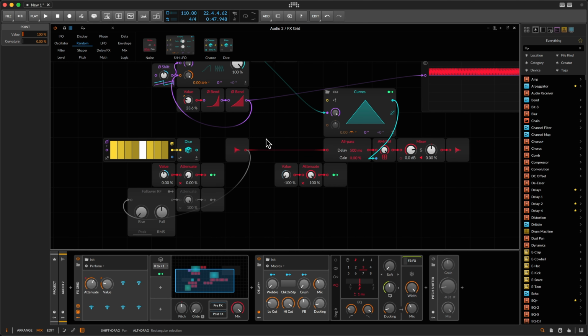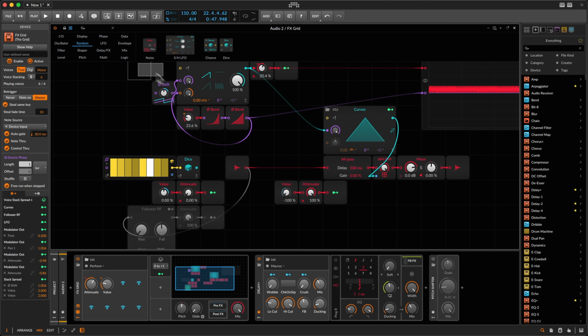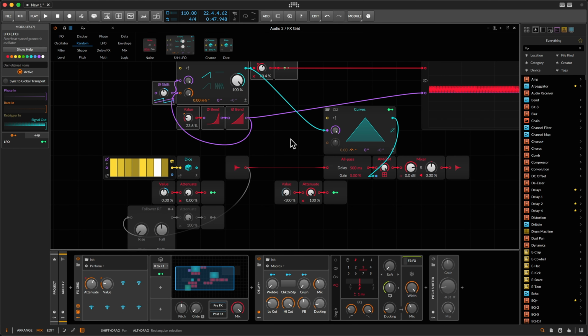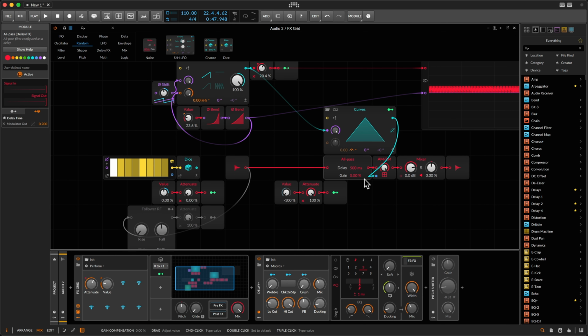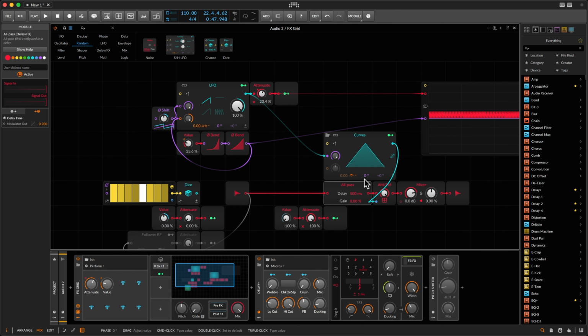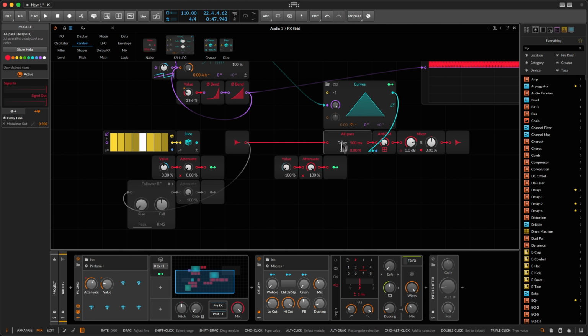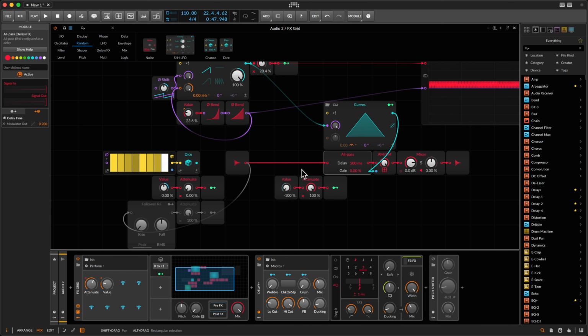So yeah, I think with a little experimentation, you can get really interesting sounds out of this. And yeah, as I think mentioned in the beginning, well, since we are in the grid, we can take this as a basis. I mean, we can duplicate every device we have in here and create the most crazy device we can think of. I mean, we have certain downsides. For example, quantizing the pitch changes to a certain note will be really difficult in here. But yeah, you can always experiment and create copies of the all-pass device, work with different modulation amplitudes, and then